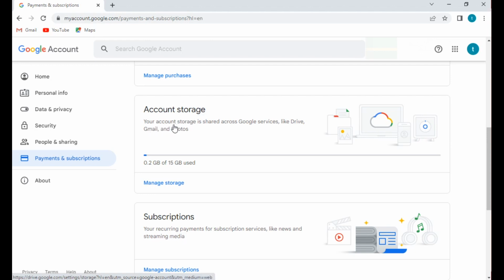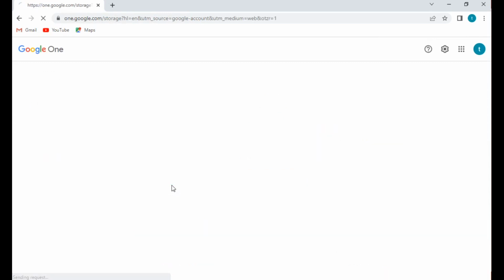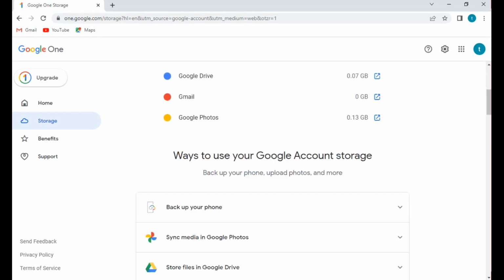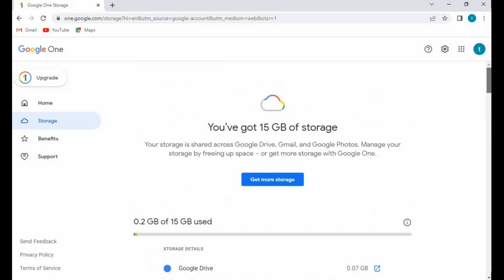Your account storage is shared across Google services like Drive, Gmail and Photos. I open this. You get 15 GB of storage. Your storage is shared across Google Drive, Gmail and Google Photos. Manage your storage by freeing up storage or get more storage with Google One.